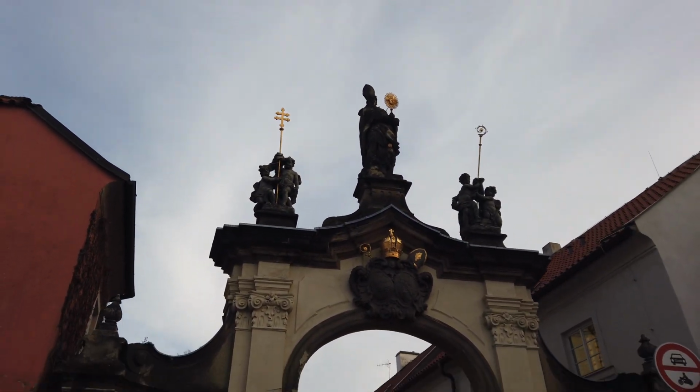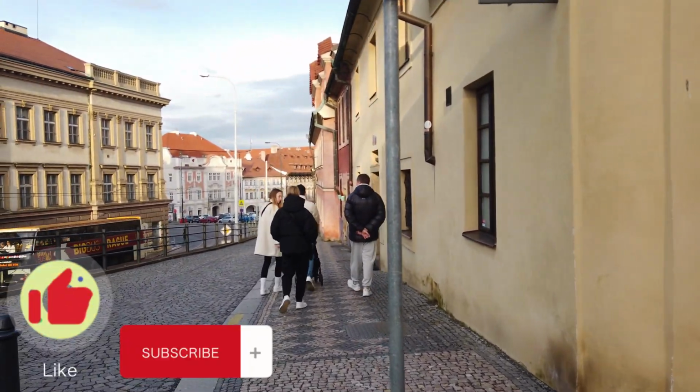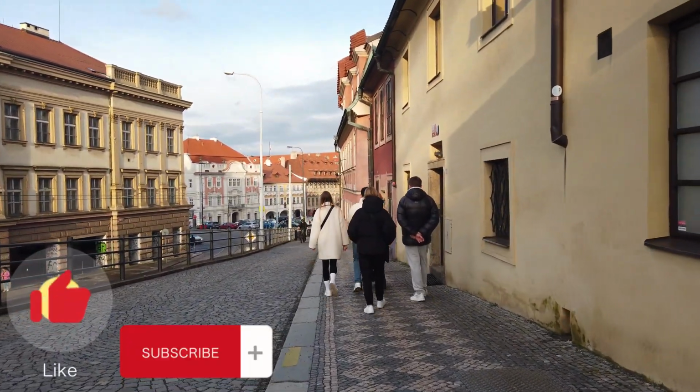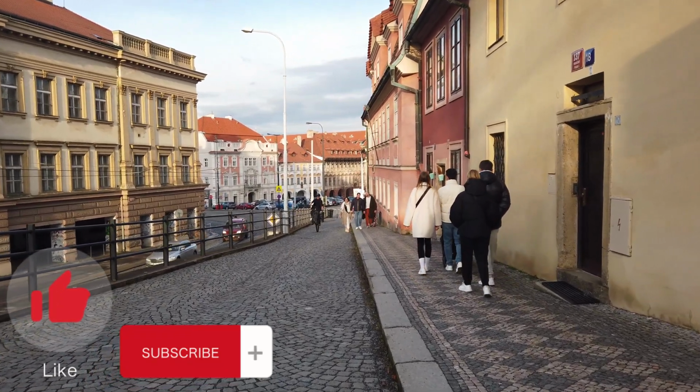This here is the other entrance from the street. So this concludes a trip to the